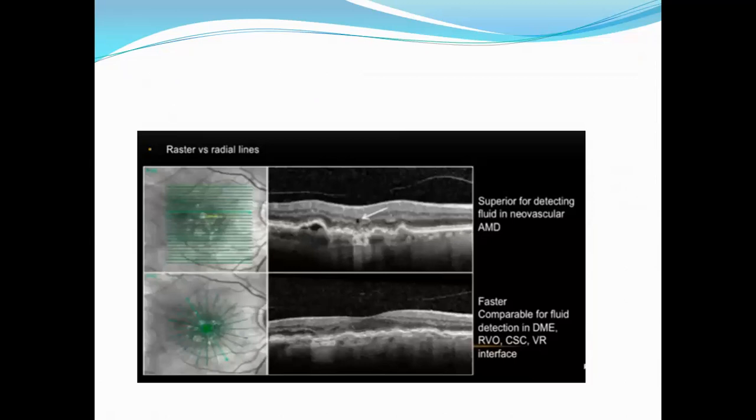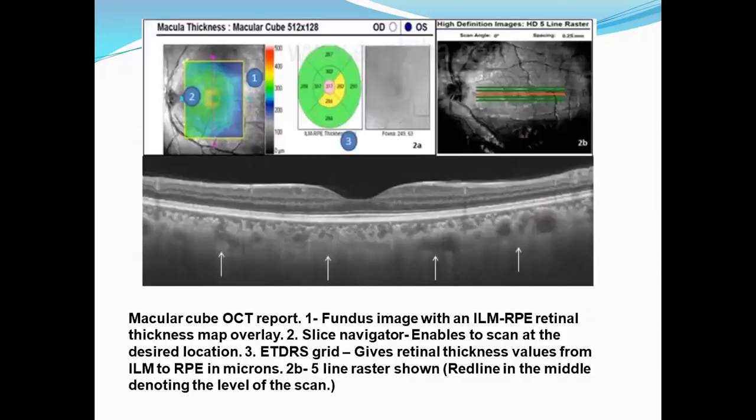Essentially, in almost all diseases of the retina other than AMD, the radial scan is comparable to the raster scan, except for AMD, where the raster scan is a little better because it will pick up even a very small amount of fluid. So in an AMD patient, you have to do a raster scan because it is a high density scan. So the chances of missing very small lesions are very, very low. However, in radial scans, there are spaces left in between the scans. So if there are any small lesions there, you could miss them. One advantage of the radial scan is that it is faster. So if the patient is uncooperative, then you should do a radial scan.